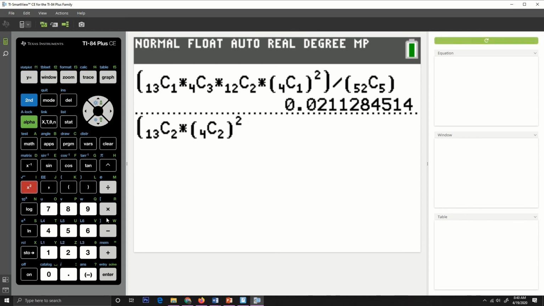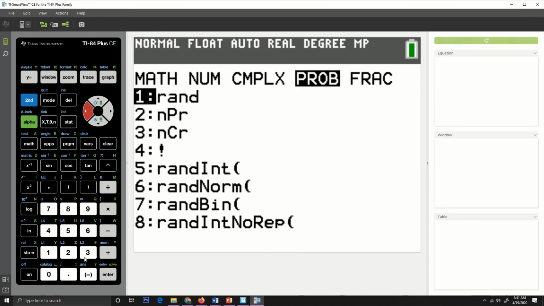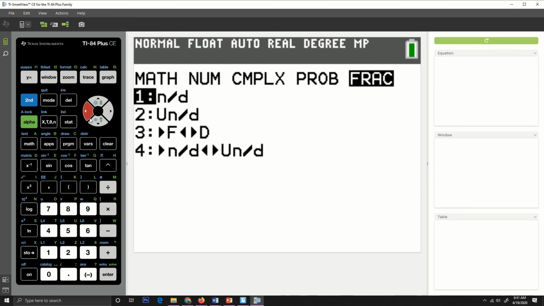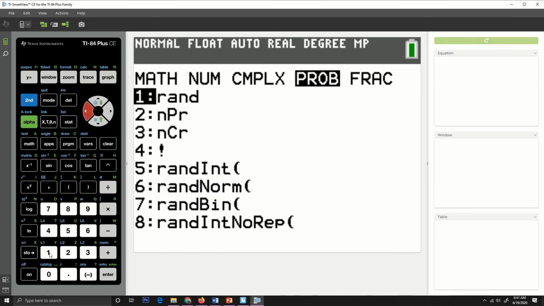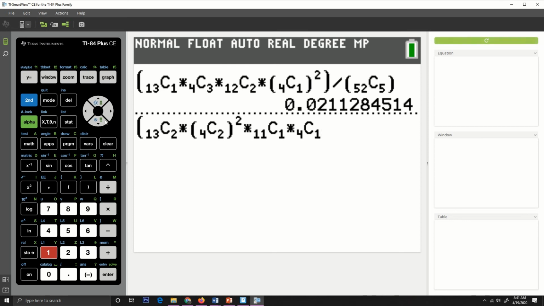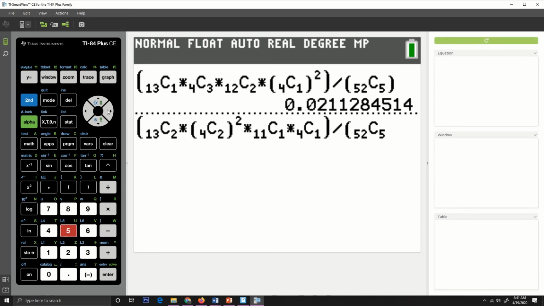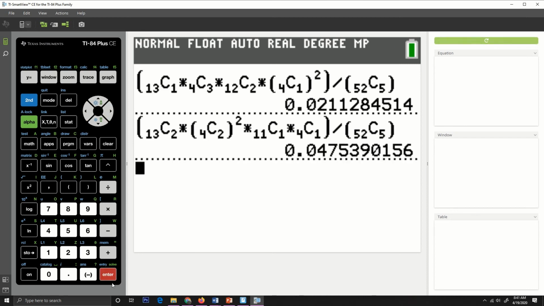And then there are 11 different values left, and we're going to choose 1 of those. And then in that value, there are 4 cards, of which we need to choose 1. And then we'll divide that by 52, math, choose 5. Choose 5, close my parentheses, hit enter, and we get